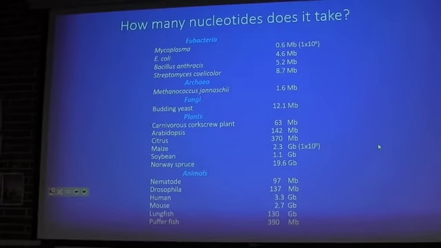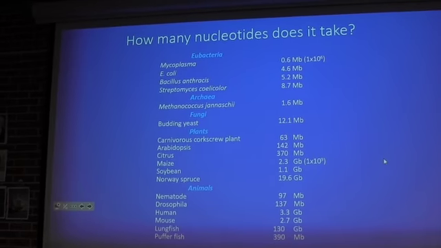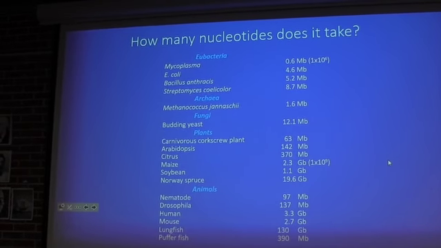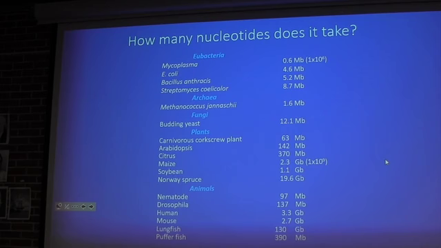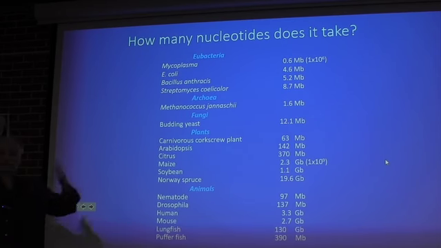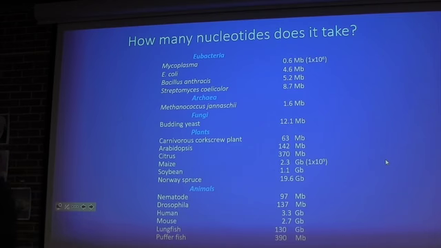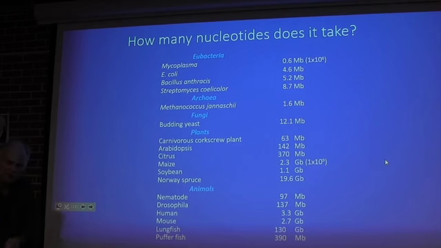So we have to sort of set the stage, first of all, about the big picture of genomes. And how many nucleotides does it take to build an organism? Is there a relationship between a complicated organism like a cat versus a nematode versus a tomato versus a fruit fly? Well, there's just a very rough correlation, but it turns out that Arabidopsis, that small